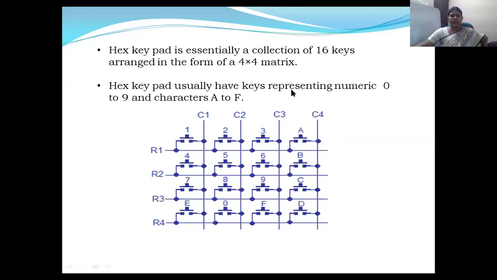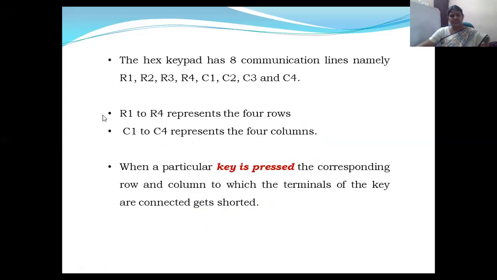And see, if you press this switch, it will be 1. If you want the number 2, you have to press this switch 2. And you have two concepts here. One is the key: you have to see which key is being pressed, and you have to see that all the keys are debounced. Debounced means it is released. This is how it will look.